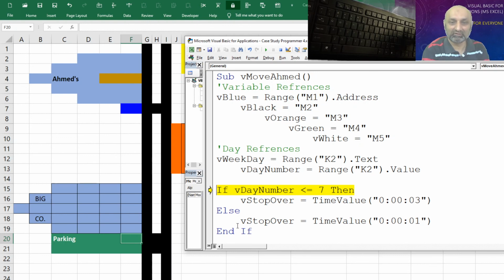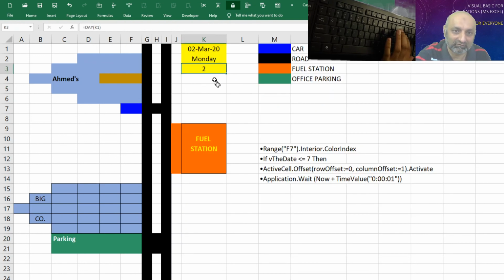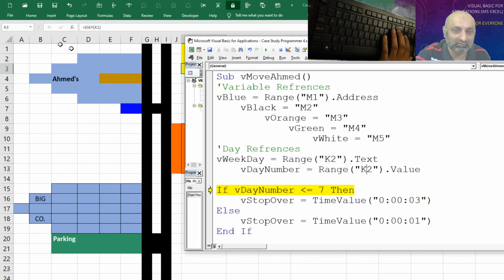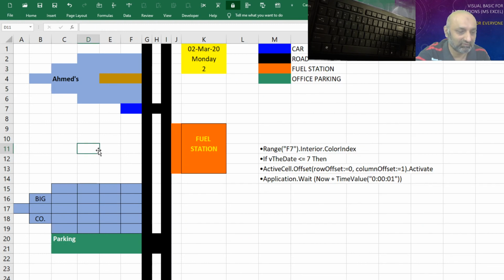What is the mistake? We are getting the day number from K2 also. This should be K3 because we have this number in K3. So let's change it to K3. Stop and run. Were you yelling at me when I made this mistake?